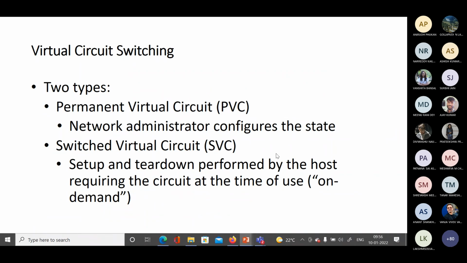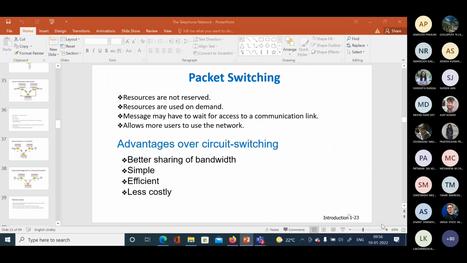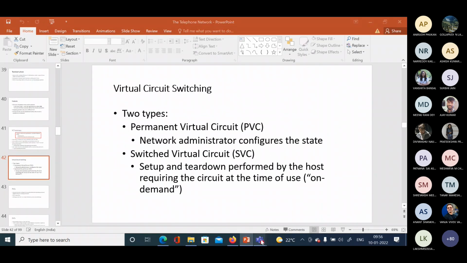I want to take it up, but we do not have any further time for this class today. So in the next class, I will take up the rest of the virtual circuit switching part, and we will get into ATMs after this. Much more interesting topics are going to come in your way.